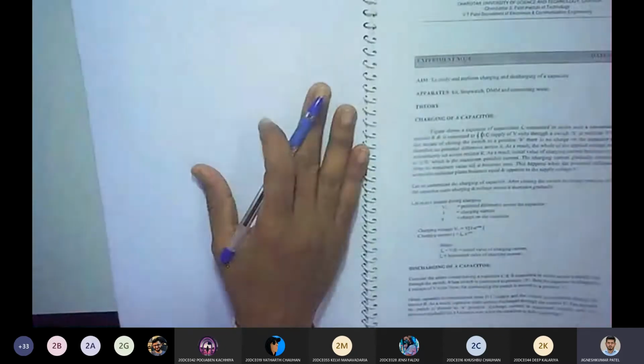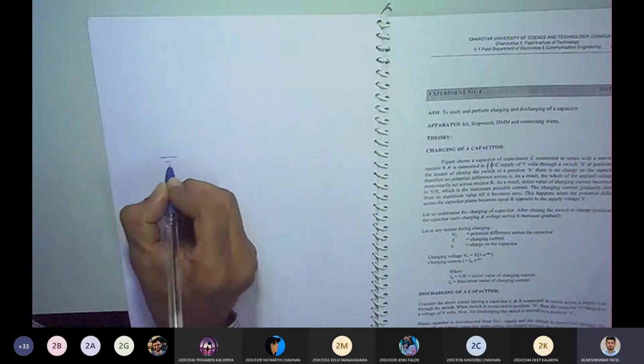Obviously we require a power supply and connecting wires. I think you already studied charging and discharging in your 11th and 12th. When the capacitor is connected across the DC supply, the property of a parallel plate capacitor is that it stores different charges on different plates, and ultimately it temporarily acts as a voltage supply. Here I make one circuit just for understanding purposes.